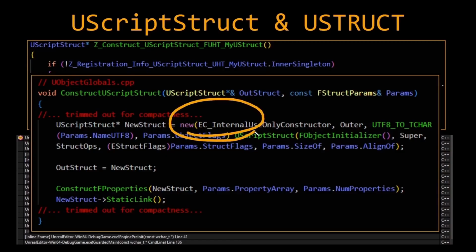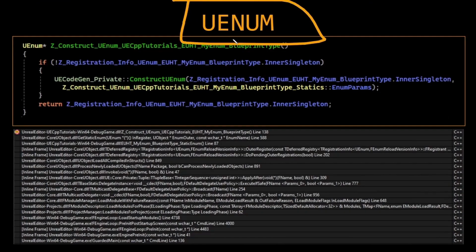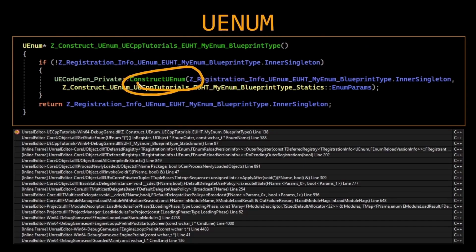We can see it does a new operator, and it builds a new struct, and then eventually we set all the properties and whatnot, and so that seems to be how that reflection data is built. Similar thing with UENUM, there's a ZConstruct. If it's not populated, then it calls construct enum, and this is the call stack when that happens during engine